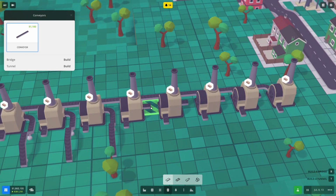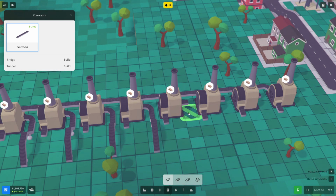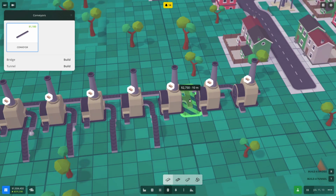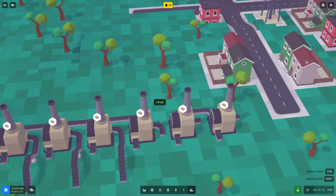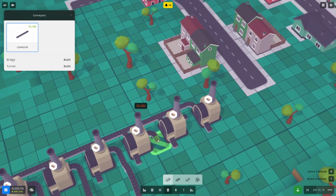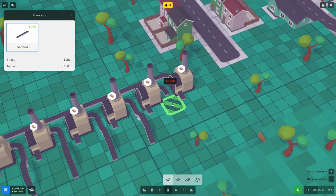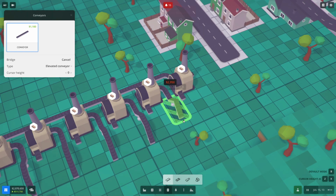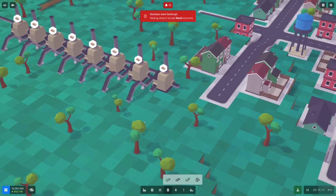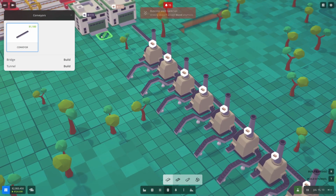Yeah, it would be nice if we could get blueprints. I would wager a pretty substantial amount of money that if I was to look at the feature roadmap, I'm almost certain that blueprints are already on the list of things to do. I would wager good money because blueprints are just so essential to any one of these sort of factory type games. Right, so then we go